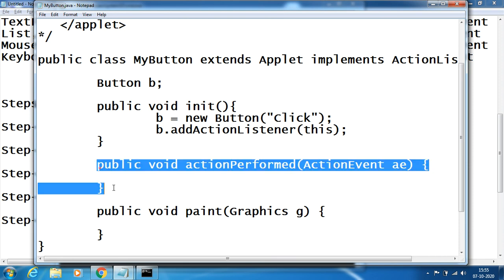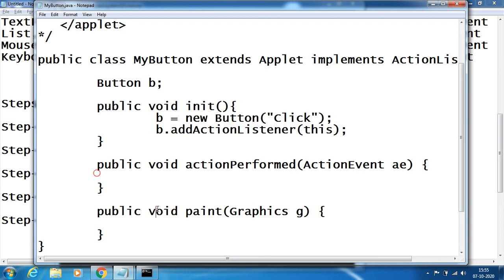Example, when I click on this button, I just want to print some message. Say, simple message. See, I just take a string here, String msg. I'll try to write some message here. So msg equals, I just want to print something like say, button clicked by you, nothing.